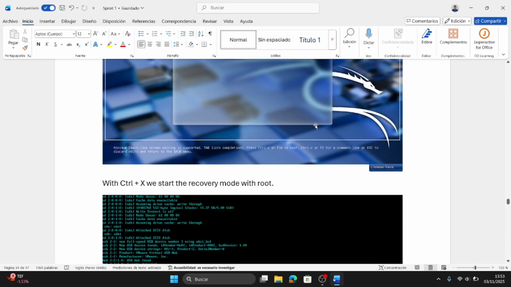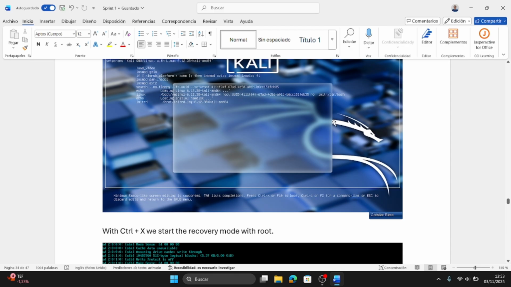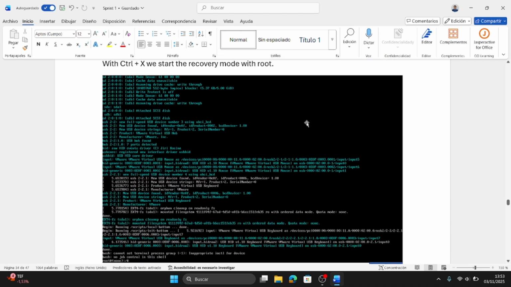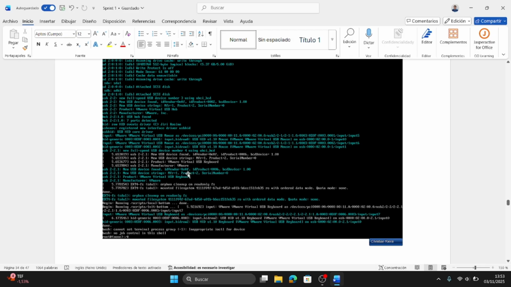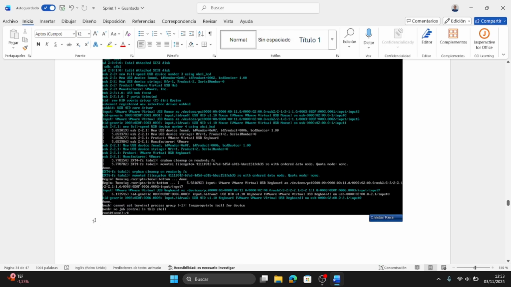So when we write this, we press Ctrl+X, and we are going to start Kali in recovery mode with the root account. Then we are going to see that it shows rw plus none.